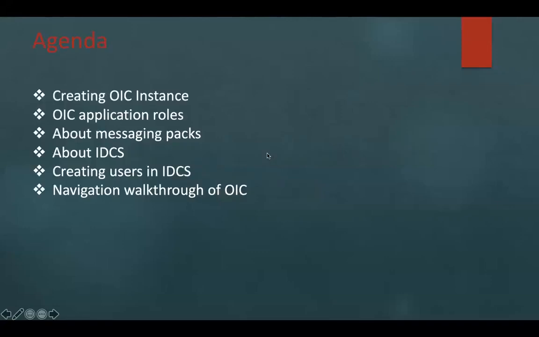Today we are going to look at how to create an OIC instance, what the application roles in OIC are, what the messaging pack is, which is very important while you create the OIC instance, and about IDCS. IDCS stands for Identity Cloud Service. We will also see how to create a user in IDCS,